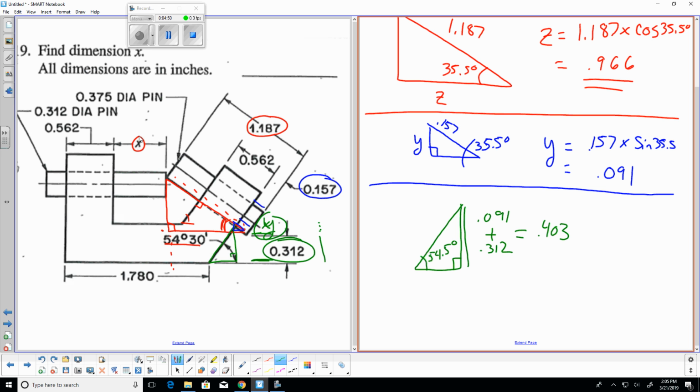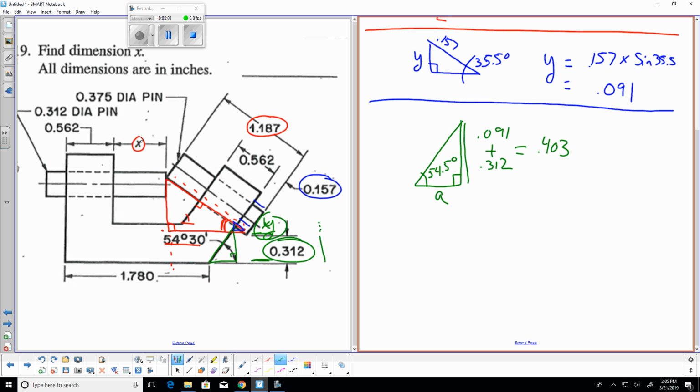Okay, now we know an angle, and ultimately on this green triangle, I'm going to try to find this value right here. Let's call it A. Okay, so we're trying to find A. So that's going to be opposite over adjacent. That's a tangent problem. So you're going to end up going with the opposite side, which will stay on the top, 0.403, divided by the tangent of 54.5. I'm not setting that up because this is the complex packet. You guys should know this together. So you work that out, and you get